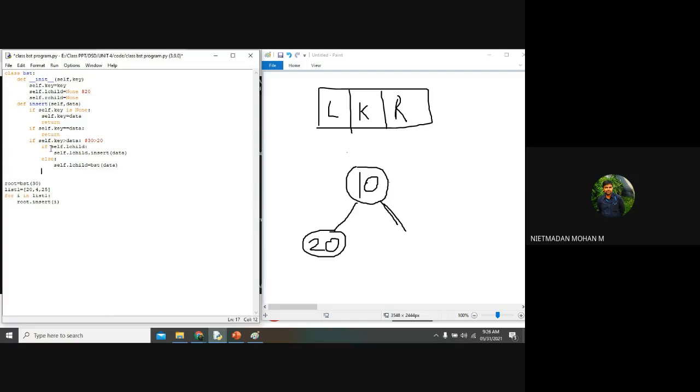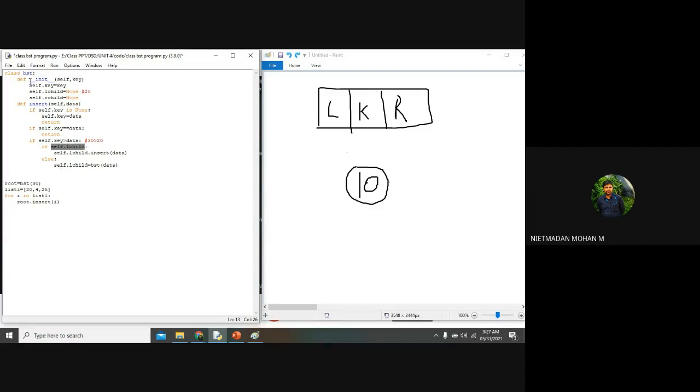So simple thing. First, it will check whether self.L_child is present or not. In the previous case, we inserted only 10, so there is no self.L_child available. It means we want to create the self.L_child. That is a yes or no condition, whether it is None or not. If it is None, if it is not there, then it will go here. That is the condition I have given here. There is no self.L_child available, so we want to create it.